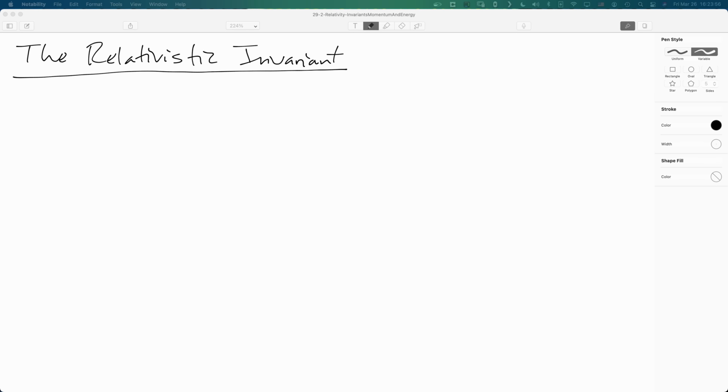Previously, we saw that the Galilean transformation had to be modified into what's called the Lorentz transformation. And since we know that length is not invariant under the Lorentz transformation, it's useful to ask, is there anything that is? And it turns out there is. But first, let's just work by analogy to that length invariant with the Galilean transformation. So in the Galilean transformation,